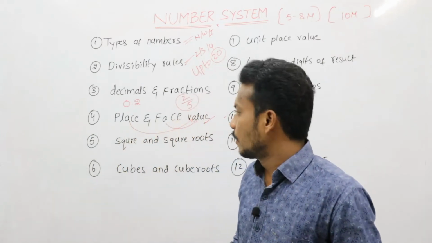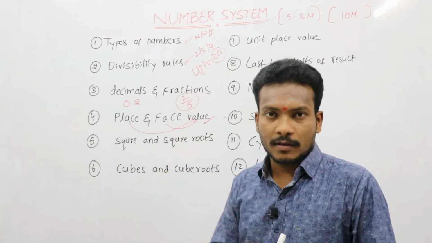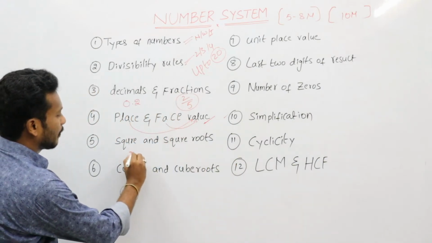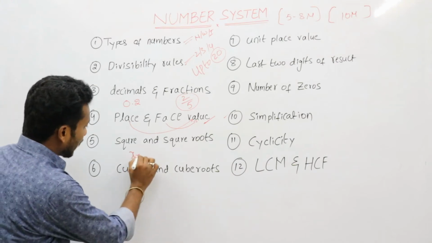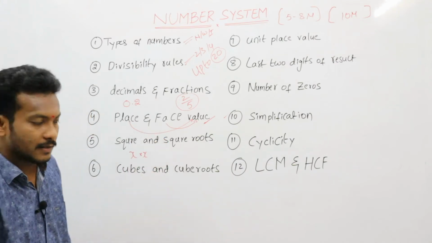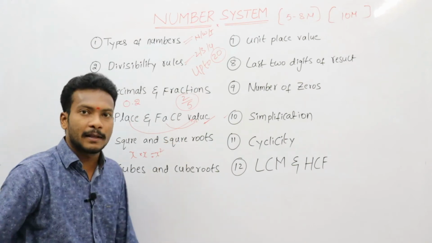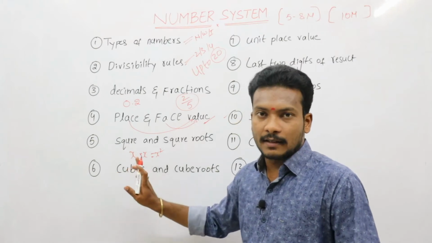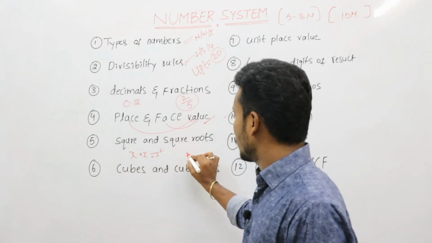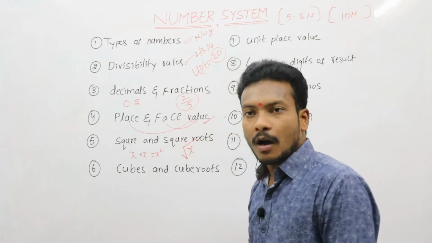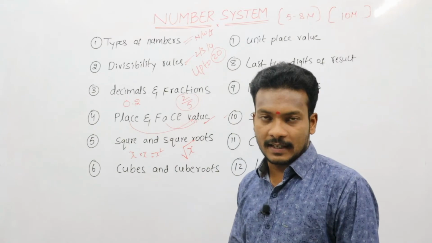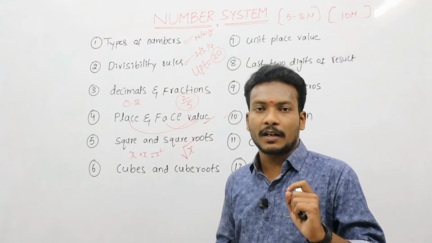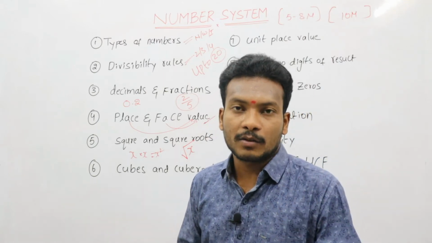And then problems also. Next, squares and square roots. What is meant by square? Suppose x is a number. The x is multiplied twice, that is x square. The same number multiplied twice is x square. X square is the square of x. And then what are square roots? That is root of x. X is a number, root of x is the square root of x. Depending upon these two, in a shortcut way how to find a square and how to find square roots we are discussing.